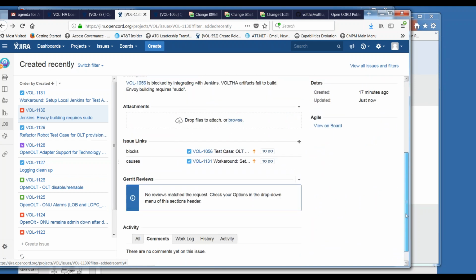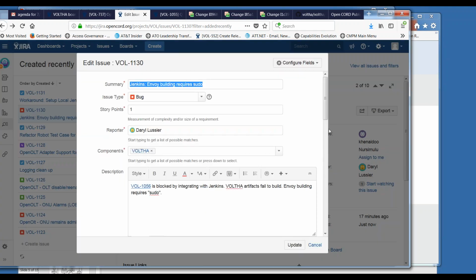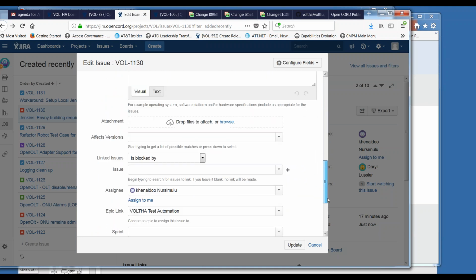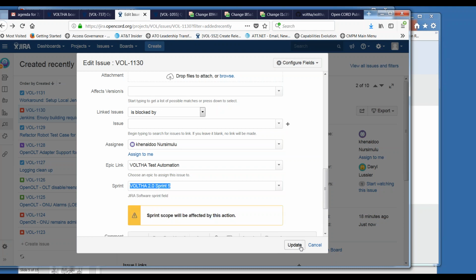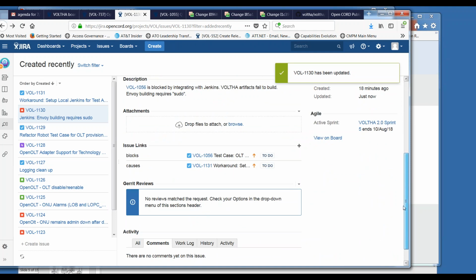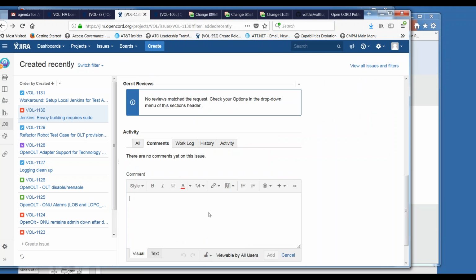Okay, sure. I need to go into edit, and I'll add a note that this may. Yeah. So Ken, I have a question for Ken. Will you fix the sudo, or will you remove that part from the build script?